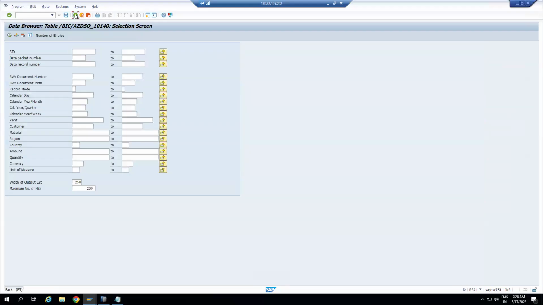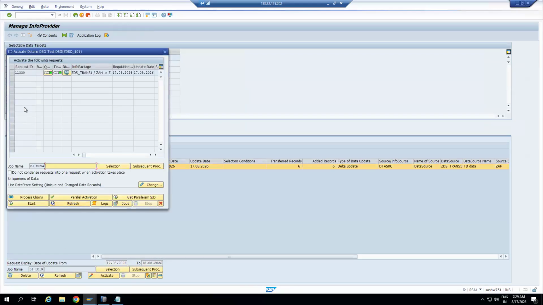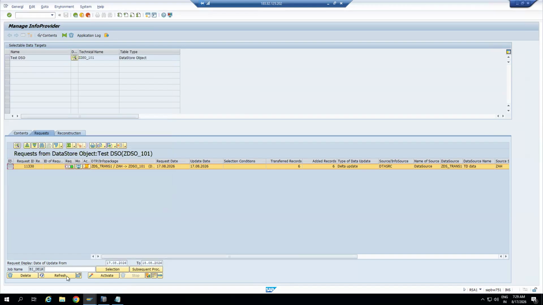Go back. Now you can see. So this is activation, right? So if you do activation here, what will happen? Select this and click on start. Once you click on start, then data will move from new table to active table, change log table, right? Once you do activation, that is the funda. So if you are attending an interview, be very careful, bro. This is very, very important. When you do the activation, the data will move from new table to active table, change log table in